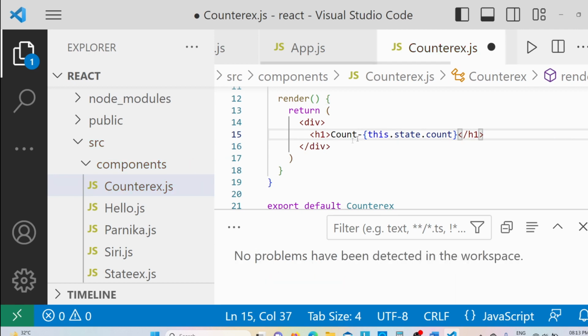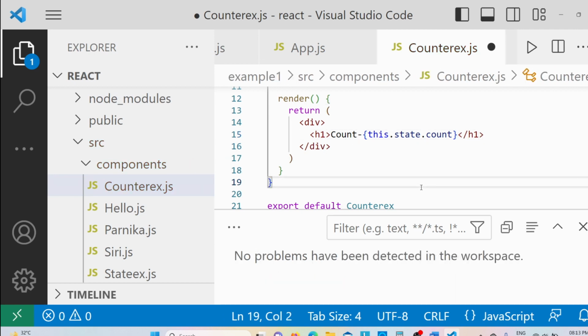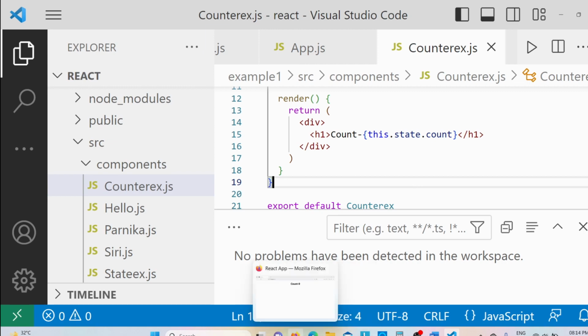Let me close the curly braces. Then let me save this one. I want to have a button called increment, and whenever the user clicks on that button, the value should be incremented by 1. If you want to observe what will be the output till now, let me go to the